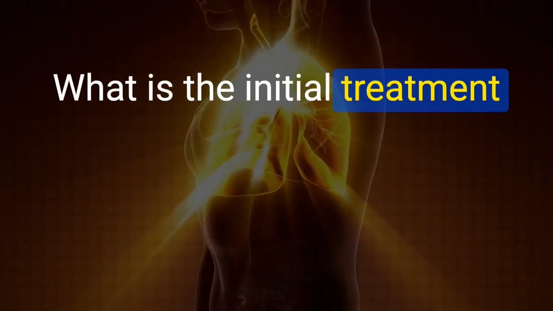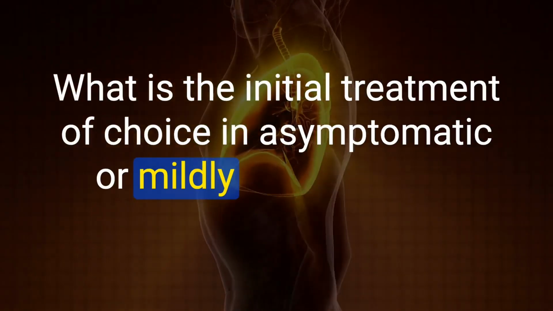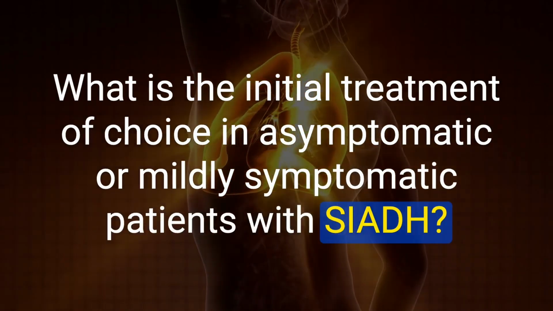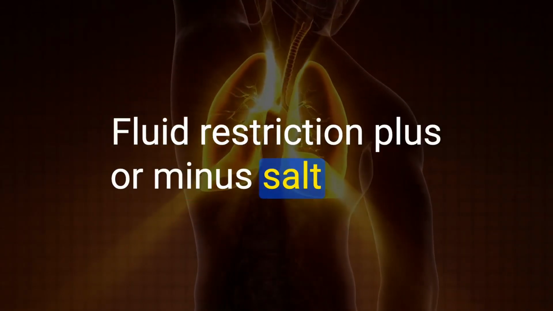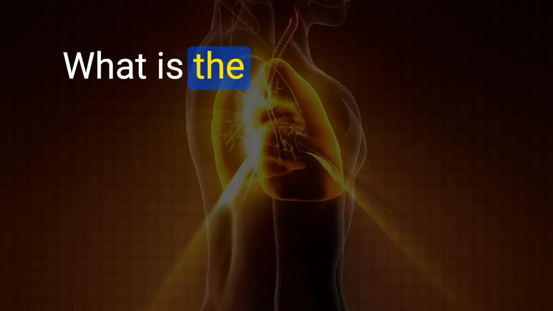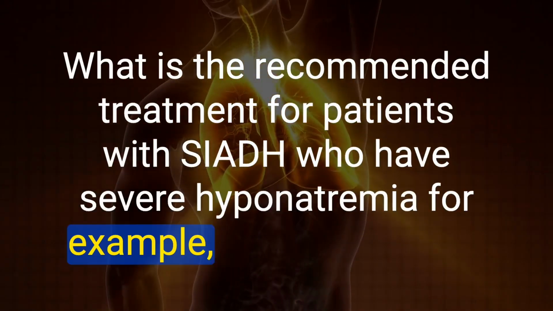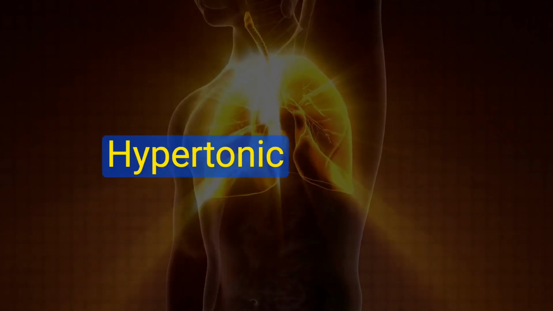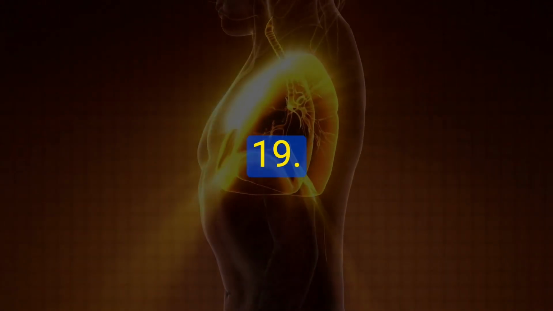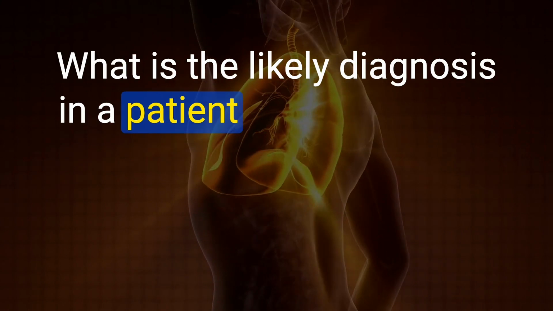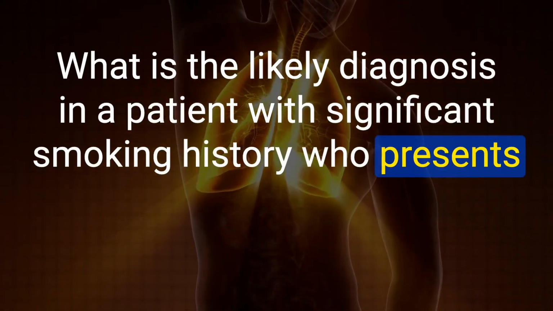17. What is the initial treatment of choice in asymptomatic or mildly symptomatic patients with SIADH? Fluid restriction plus or minus salt tablets. 18. What is the recommended treatment for patients with SIADH who have severe hyponatremia, for example, seizures, coma? Hypertonic 3% saline. 19. What is the likely diagnosis in a patient with significant smoking history who presents with shoulder